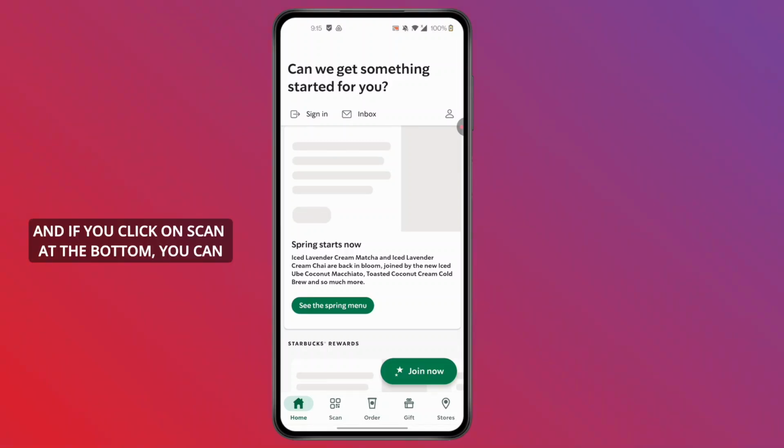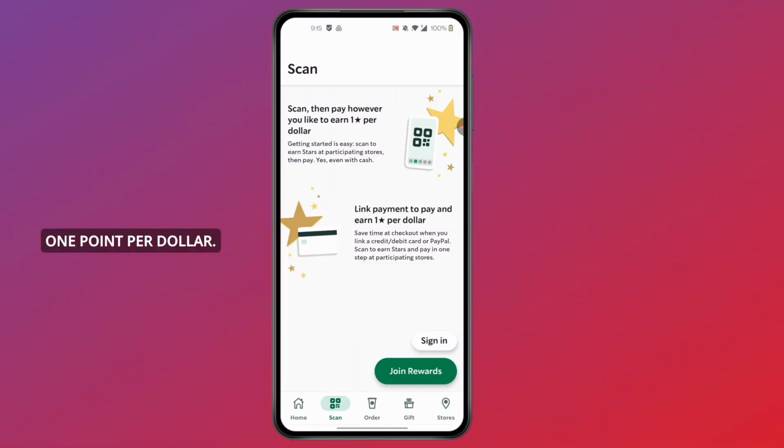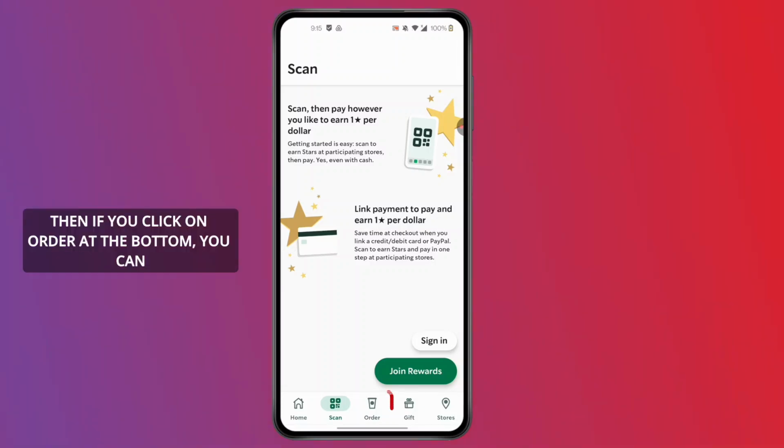And if you click on scan at the bottom, you can scan and then pay however you like to earn 1 point per dollar. And also link payment to pay and earn 1 per dollar. And then if you click on order at the bottom,